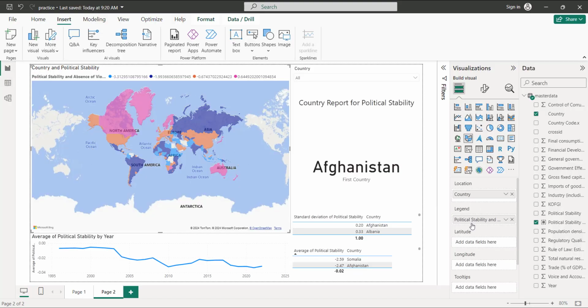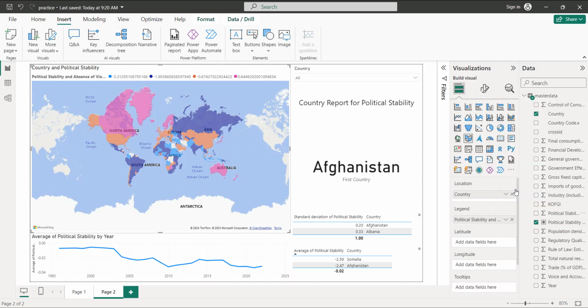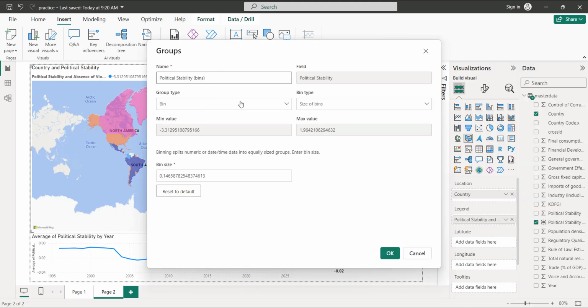And then I had a variable, political stability. But the problem is political stability variable is a continuous variable. If I add it, there will be so many legend points that it will not be understandable. For that, what I did was right-click the political stability variable and make a new group. In that group, I created bins, and rather than size of bin, I added number of bins and asked to create only